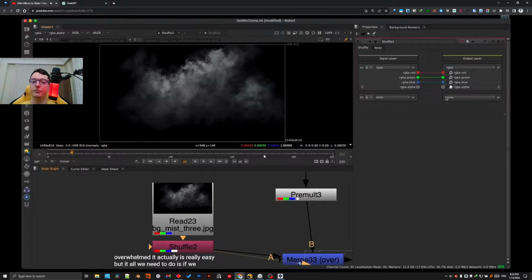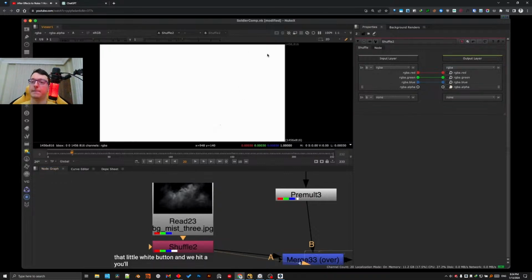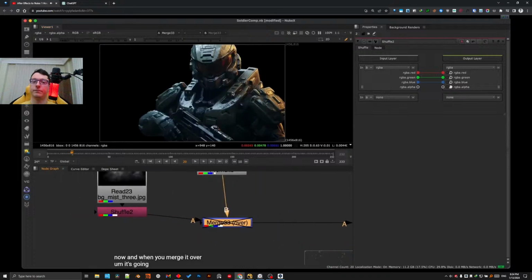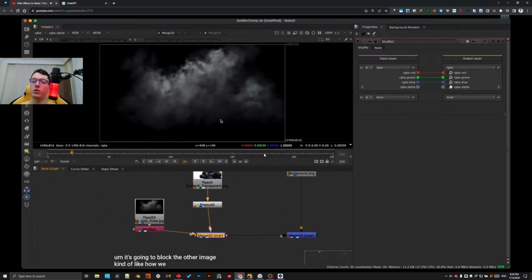All we need to do is press that little white button and hit A, and you'll see that there's a solid alpha now. And when you merge it over, it's going to block the other image, kind of like how we